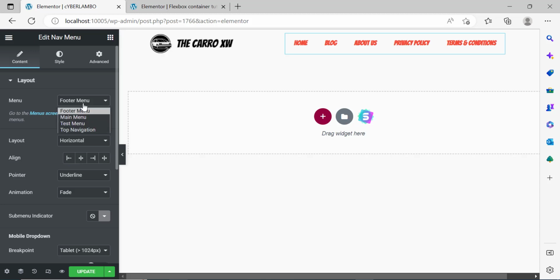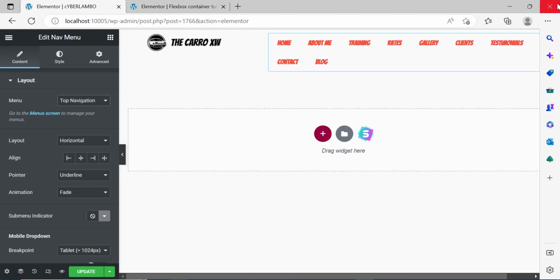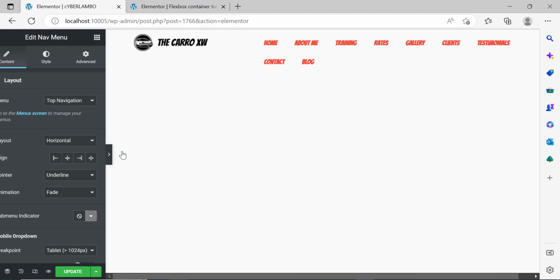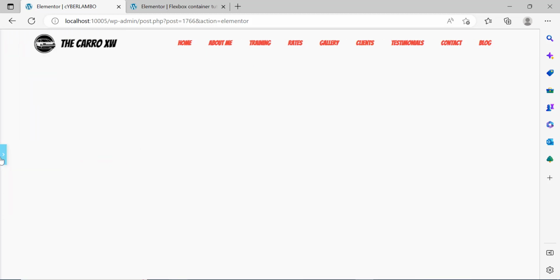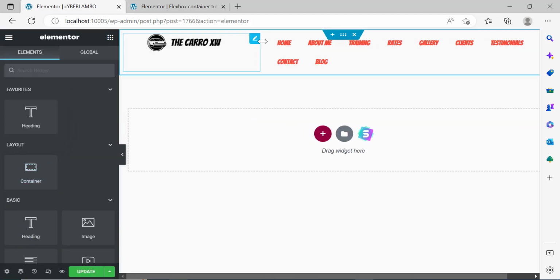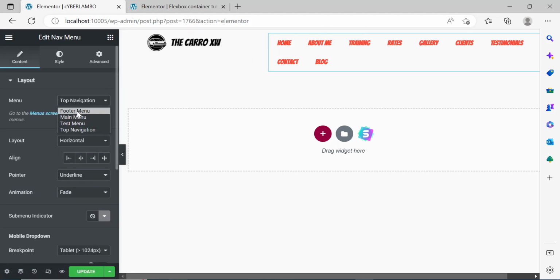So in case you want to choose the menu, come in here and you will find the menus that you have created. Now here, in my case, I have four menus. Yeah, so the footer menu, the main menu, the test menu, and the top navigation. Let me see the top navigation to see how many items are there. Well, the top navigation has plenty of items. So if I click down here, you can see that this is quite big. So I'm going to go for the other menu. I'm going to go for footer menu. And let's just